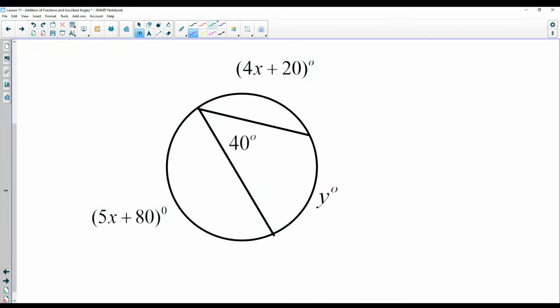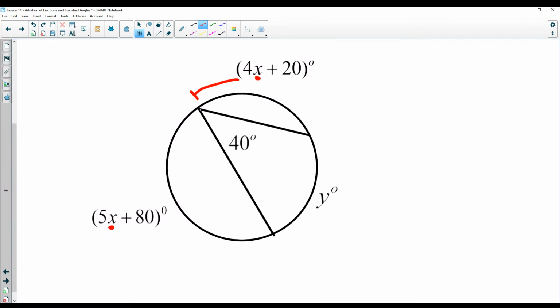So let's find x first. We see x is written in parentheses on the outside of this circle. So let's just break this down. What does that mean? If you have an angle measurement written outside of the circle, what that is going to refer to is you're going to look left and right